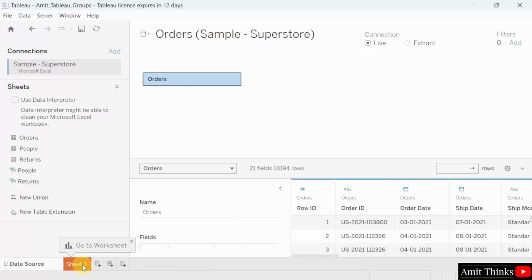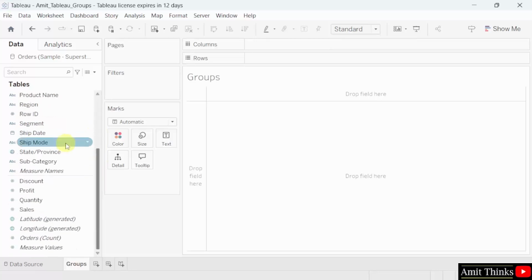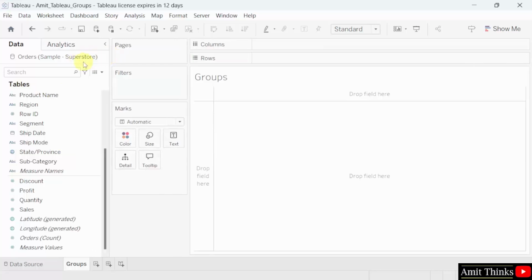Okay, I'll create a new sheet by clicking here. I'll double click and rename it groups. Now let us implement groups in Tableau. On the left we have dimensions and measures. Drag any of them and check the difference. Can you see the dimensions and measures here? This is our table orders, which we added, that is, we connected the orders data source